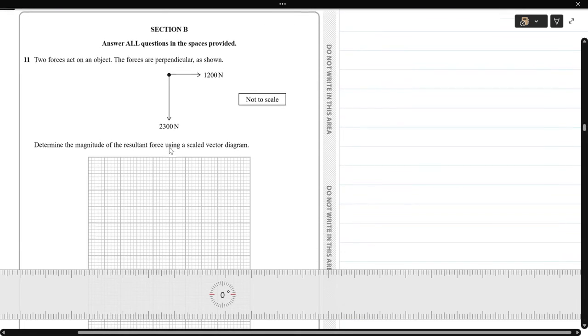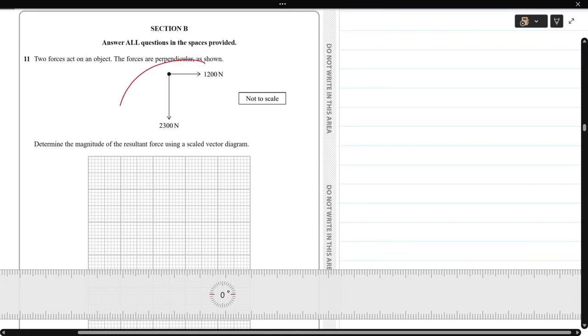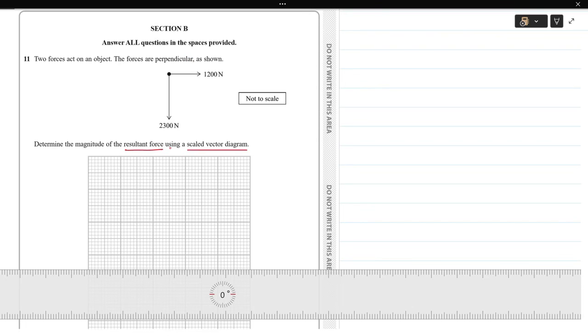Question number 11. Two forces act on an object. The forces are perpendicular as shown. So this is the force that is acting on the object, and they're asking us to find out the resultant force using a scaled vector diagram. Now,